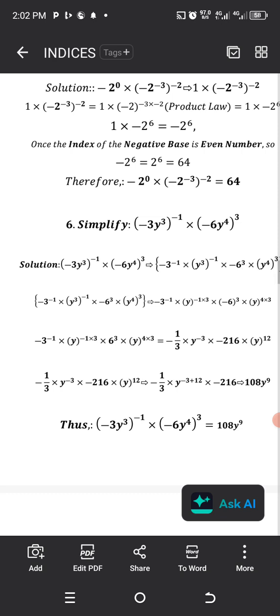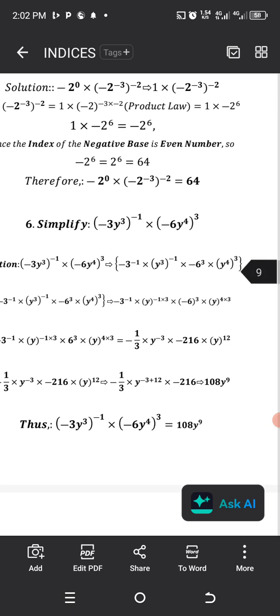The first thing is, you introduce, I've been explaining product law. So you use product law to simplify this, and you can deduce that we split the value inside the parentheses, that is minus 3 y raised to power 3, everything raised to power minus 1. So I split it into their respective terms, in which we are having numbers and letters. And then using product law, you can see that because everything is raised to power minus 1,